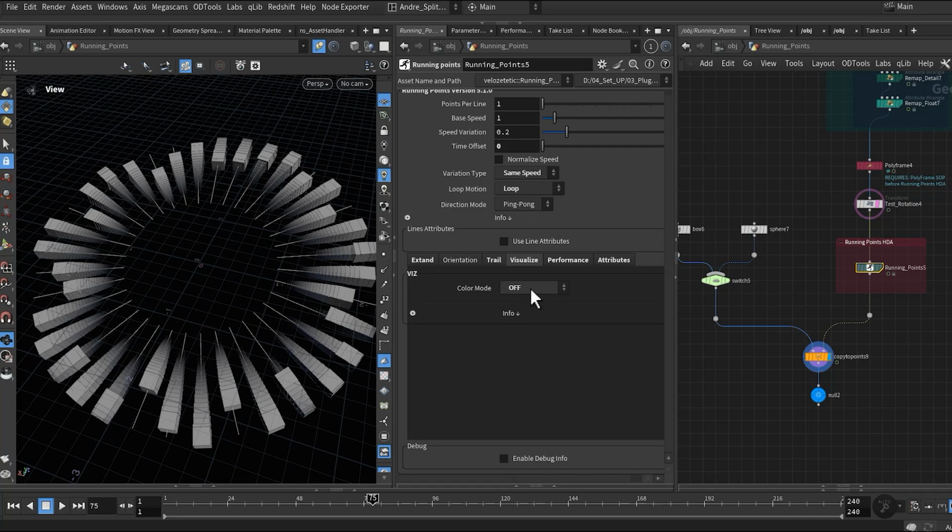Color mode, visualize. For coloring the animated points, you have got a few simple modes to choose from.